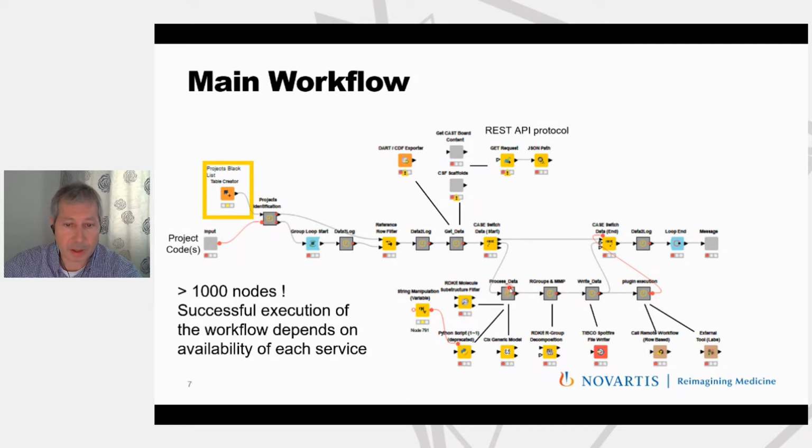At this step here, we are processing and joining the data. We are using the RDKit molecule substructure filter in order to tag the compounds according to the structure definition. We also are running some Python scripts in our specific environment in order to generate, for instance, the coordinates of the UMAP algorithm. We are also calling our chemoinformatic models platform using a node that has been developed internally.